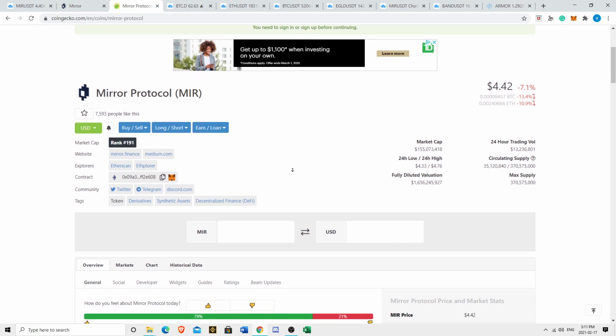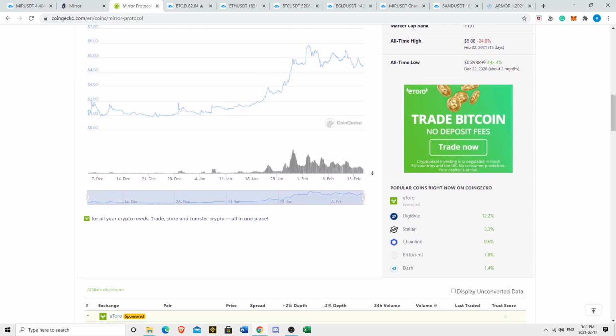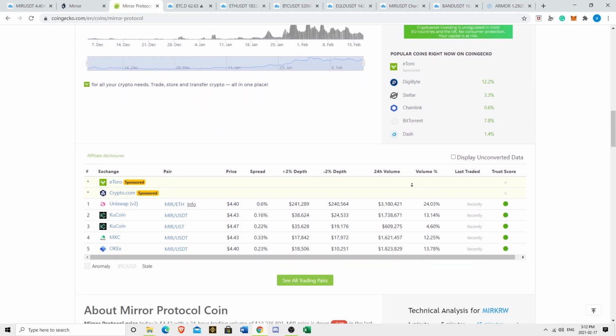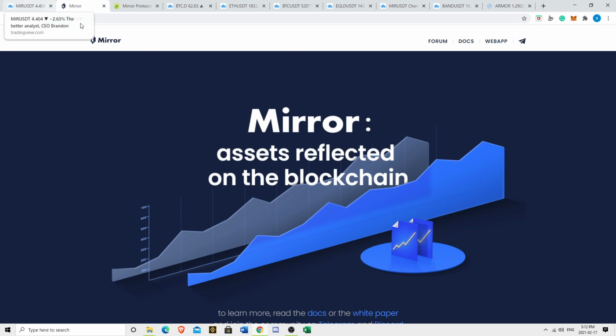With MIR, the goal is to create an exchange and synthetic representations of those assets, so that, with the recent Robinhood debacle, there's no centralized entity that has control over this thing. They're aiming to be decentralized. I'm pretty sure that's how their MIR token comes into play. I think there are some governance tools with their token. I have to look more into it. I've only just begun to look into it, but I wanted to put it on your radar.